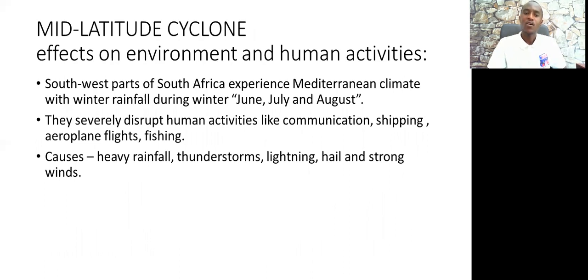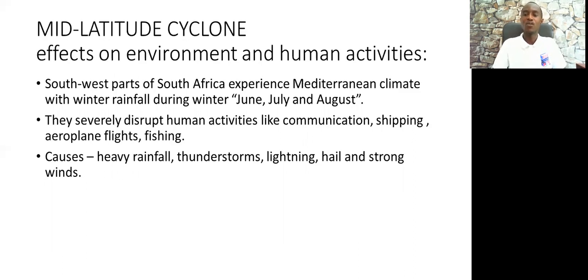So you find that mid-latitude cyclones, remember we said, occur throughout the year, and you normally experience rainfall in winter, okay, June, July, August. You normally experience rainfall there because of the mid-latitude cyclone. Then there is also disruption of human activities because of the heavy rainfall. Heavy rainfall disrupts communication,